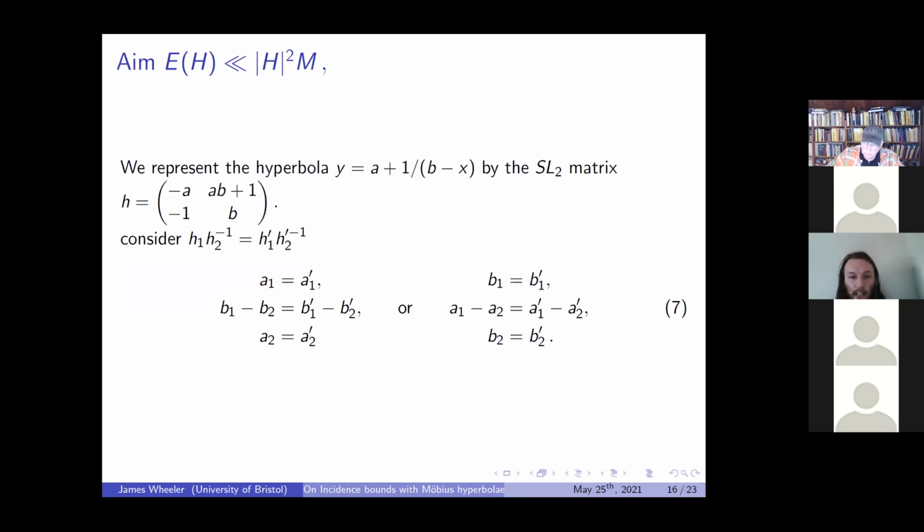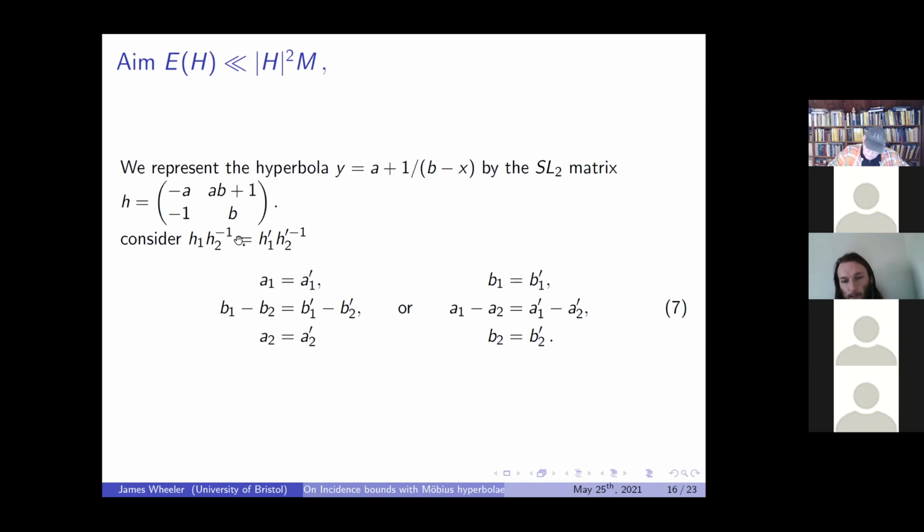The way we get around to proving this is we can represent our hyperbola by an SL2 matrix as given here. We can then calculate effectively that H1, H2 inverse is equal to H1 prime, H2 prime inverse. And we can then effectively consider the 4 equations we get by considering each of the entries in our matrices. And after some rearranging and simplification, we get to the fact that the hyperbola